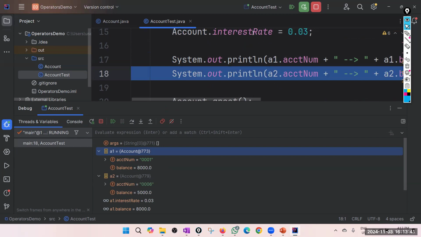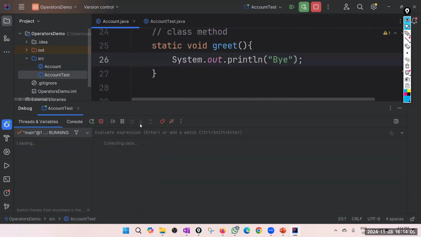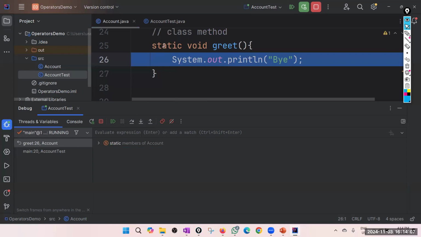Now you have changed the interest rate to 0.03 also. That is a class variable. You can see interest rate is a class variable, 0.03. Now you call the greet method, of course. Methods you can't see here because you can see only the variables. And now if you step in, you are in the greet static method.